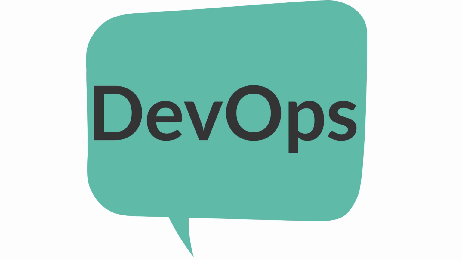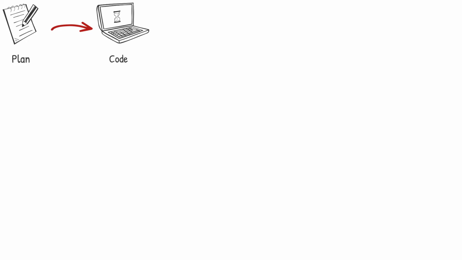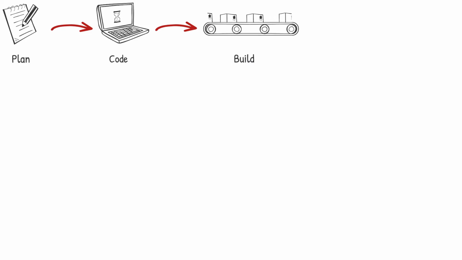Let's decode DevOps first. As we know, the DevOps process starts with the planning stage, where we have the stakeholders deciding the scope and complexity of the solution to be delivered. Post that, the actual development work starts and the code is being written by developers, which is regularly built and integrated with the central code repository, which is further tested for code bugs or functional bugs, thus ensuring that there is working code ready to be released into the production.